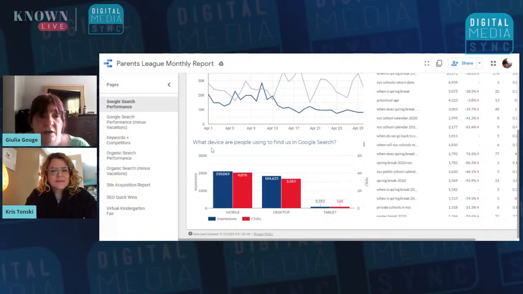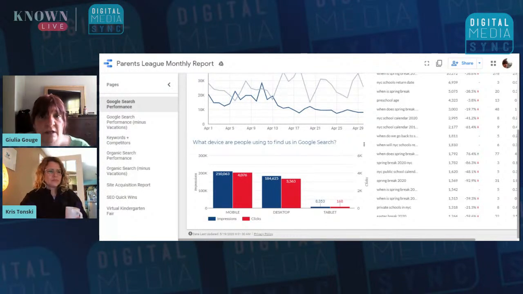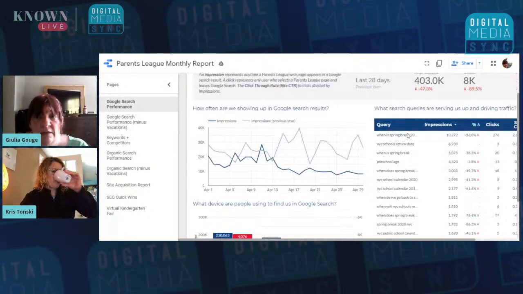So if we're saying what device are people using to find us in Google search, the next question really, for a web person or a marketer, is, are they able to find the things that they want once they find us on mobile search? Are they going to where they need to go? Are they completing their task? Are they feeling happy about how that's going?